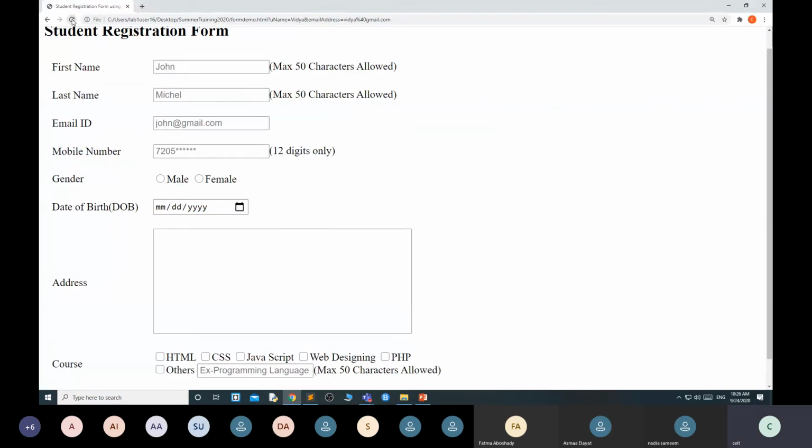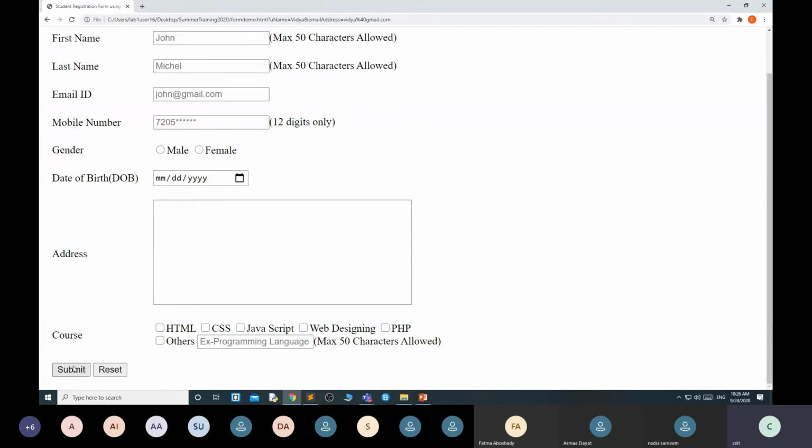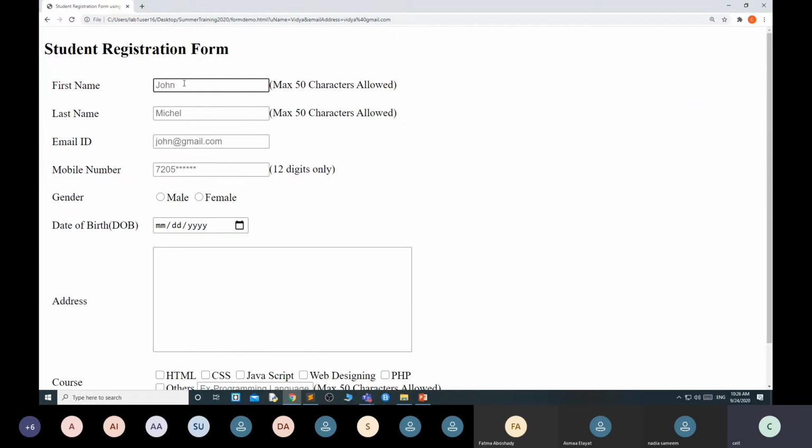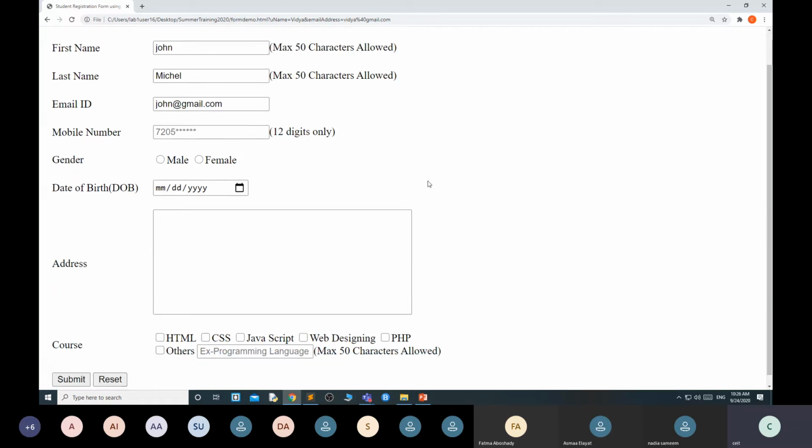Now you can see that we have a submit button and reset button. See, I am showing the reset button work. Suppose here I use John, here Michael, here john@gmail.com. Suppose I want to reset this field, reset means come to the original value.